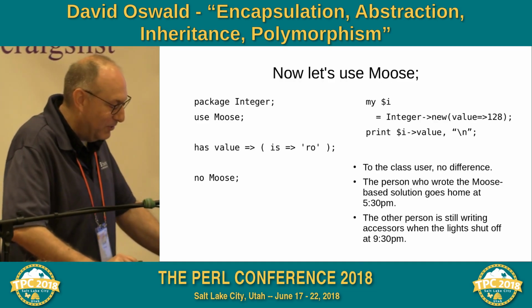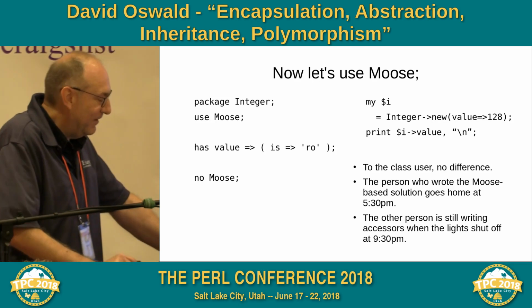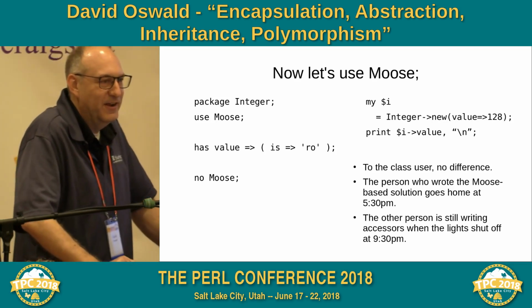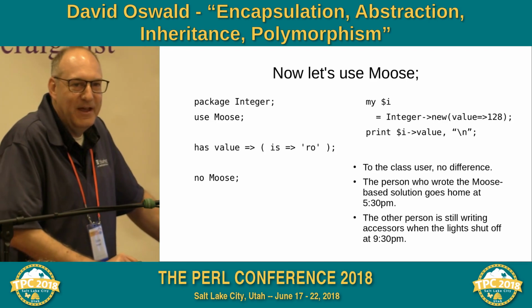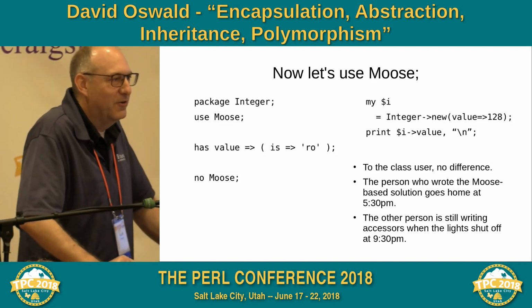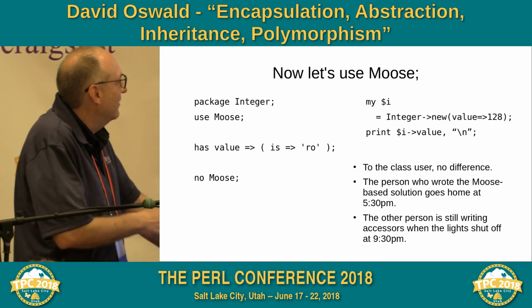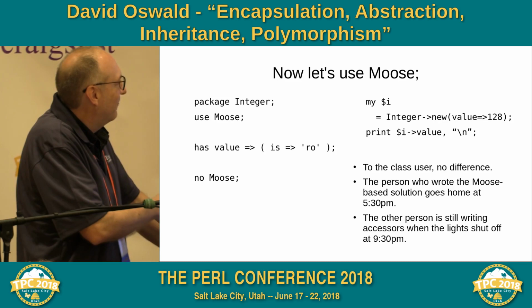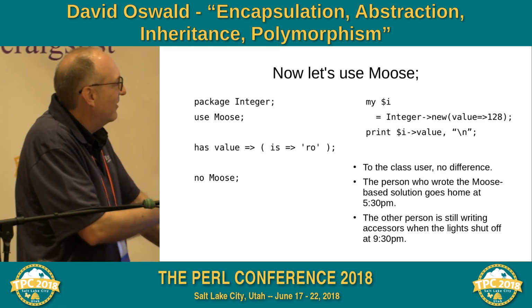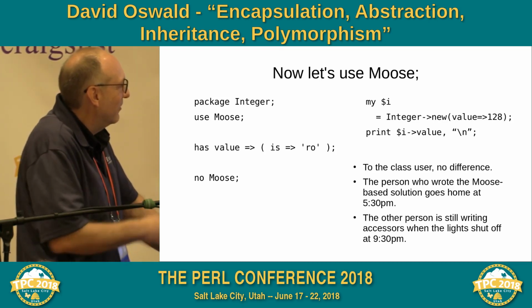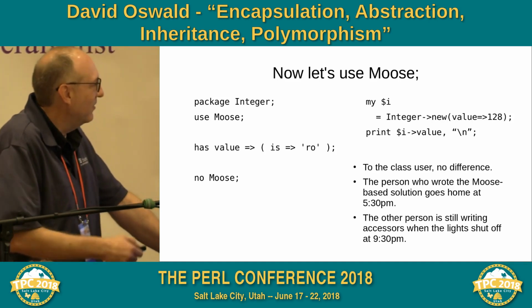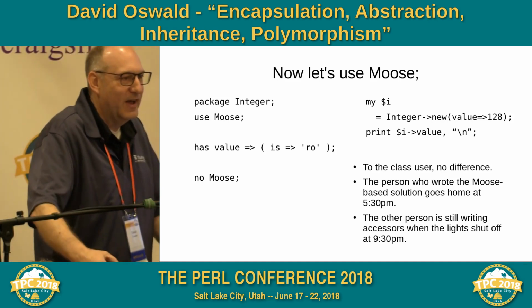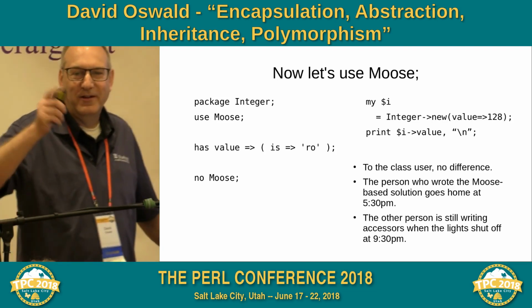Now let's look at it using Moose. With Moose, we don't have to worry about creating a constructor. That comes to us for free. Moose is available on CPAN, and there are other versions similar to Moose like Moo, which I happen to also like and use. And with Moose, for our package Integer, we're going to say has value. Our value is read-only. When we instantiate our integer right here, we're going to say Integer new, pass a value of 128, and if we want to get that value back, we can ask for it, and it'll print 128 for us there. So to the end user, there's no difference between a Moo class and a typical